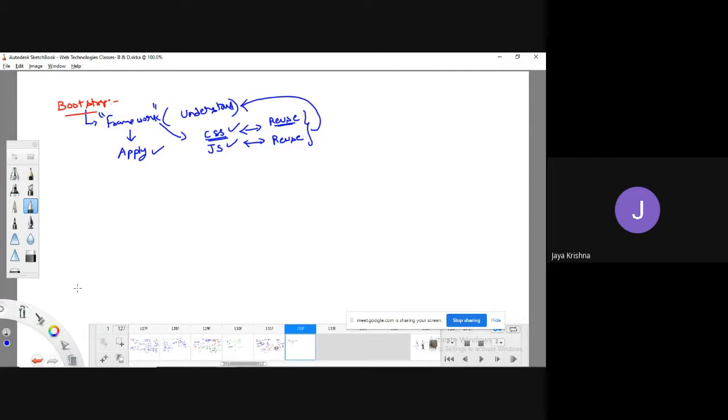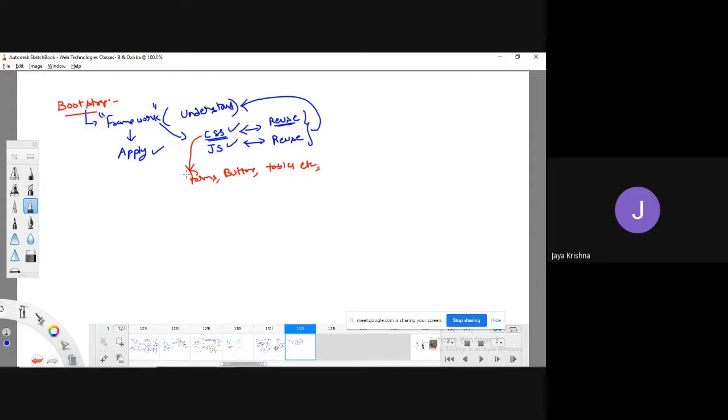For example, applying various kinds of CSS styles to various kinds of forms, buttons, tables, etc. These are all things that you already know in CSS. But applying those styles with the help of CSS will take more time.